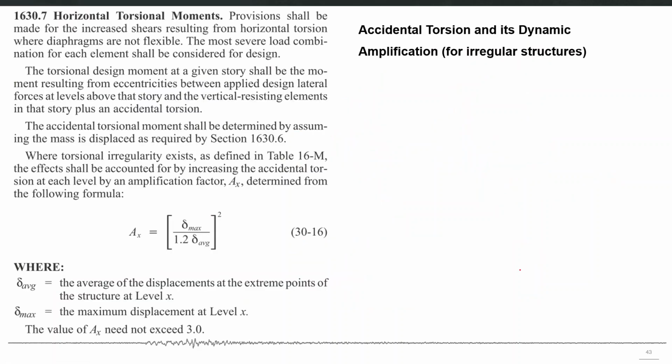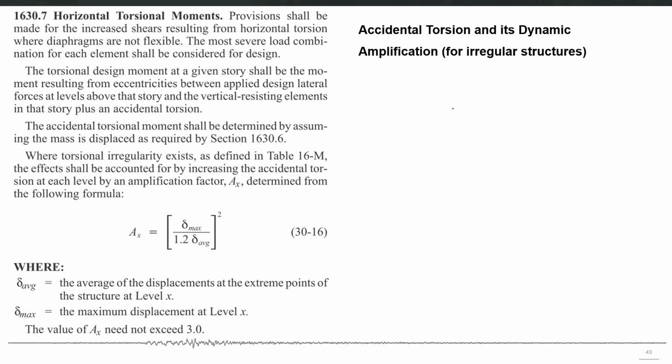Another important factor to consider here is the effect of torsional moments, and the code says that even if you have no eccentricity between center of mass and center of rigidity, still you should include the accidental torsion, which means that it is a minimum amount of torsion which you should artificially induce in your structure while applying the loadings, in order to account for those effects which are not explicitly taken into account during the analysis formulation.